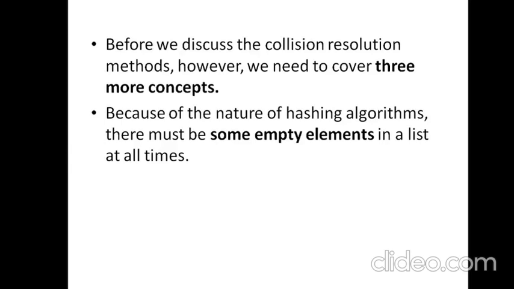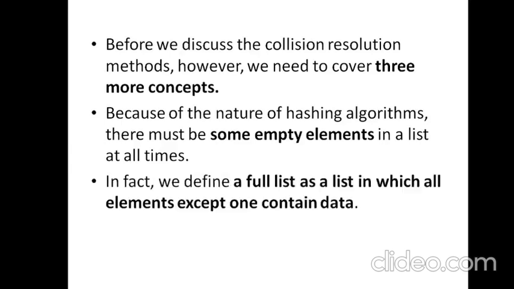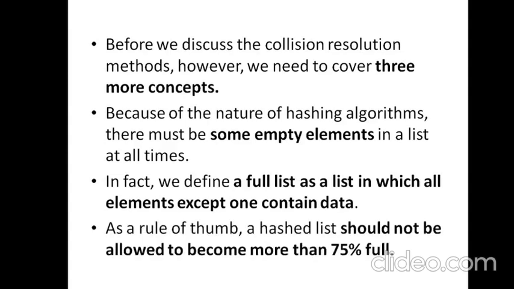We always assume that there are empty elements in the list. In fact, the term full list for a hash list does not mean 100% full; it only means a reasonable amount of addresses are full. We should never let the hash list be fully occupied, which would make collision resolution impossible. So the rule of thumb is that at most 75% of the hash list can be full. There should be some 25% of the addresses available for collision resolution.